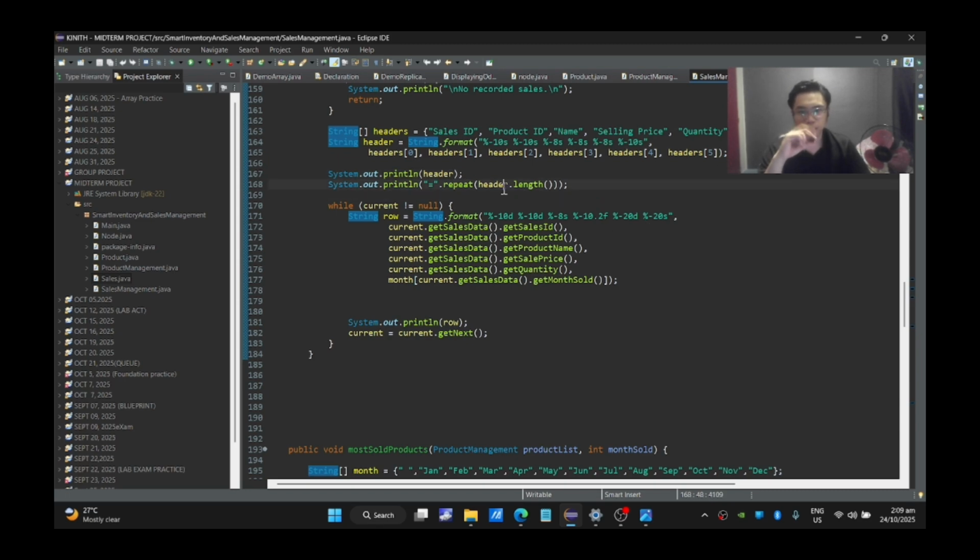And the repeat function here will just repeat the equal sign, and later on I will show how it works. Then this line of code here will just format the row of the header to be neatly shown to the user.